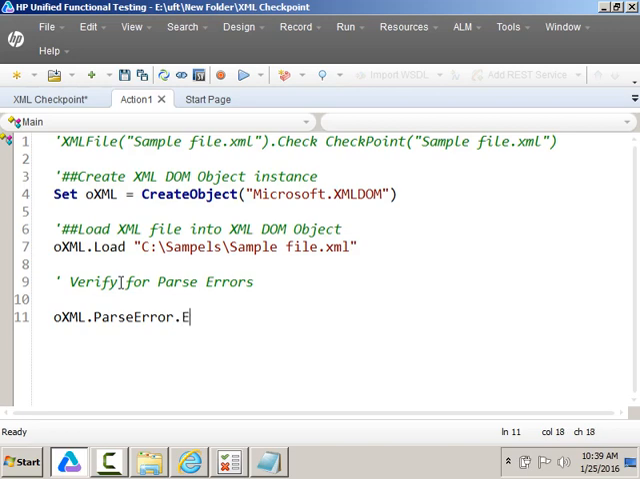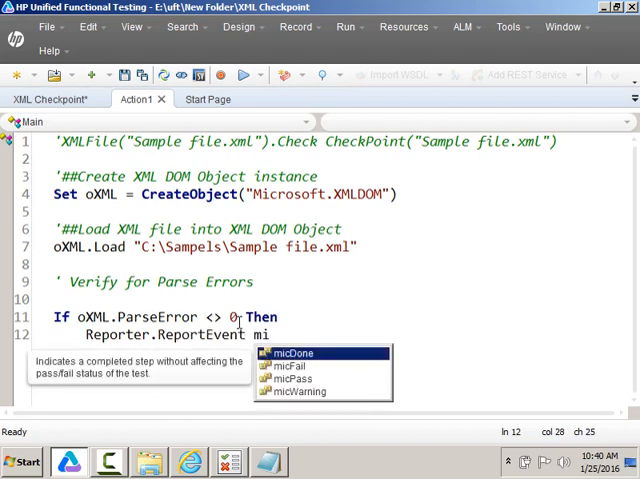Normally you can say parseError dot errorCode. It will display the error number. But you don't need to provide the error code also. When you say xml.parseError, it will retrieve the error number. If there is any error, it displays some number. If there is no error in the XML, then it displays 0 as a parse error. Then you can say if parse error is not equivalent to 0, then if it is not 0, there is some error. Then you can say Report Event micFail,